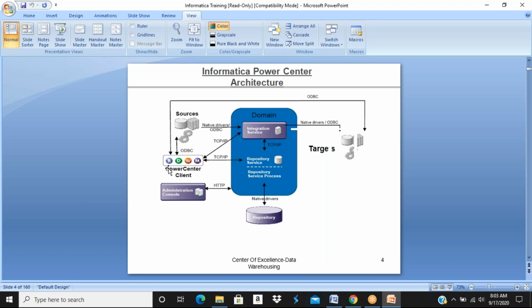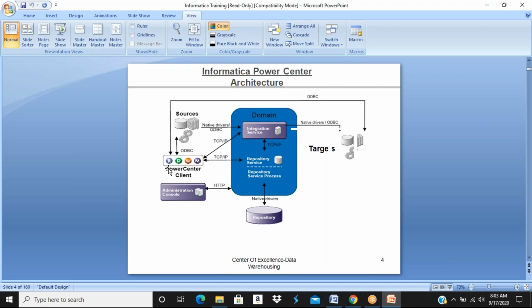For this reason, whenever you want to install Informatica on your local machine, it's mandatory that you have a database. It takes the help of a database. So I installed an Oracle database in our training session. Whatever code I'm going to develop using Informatica PowerCenter is going to be stored in the database.